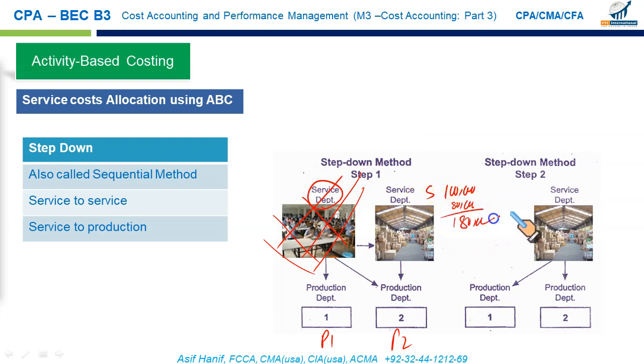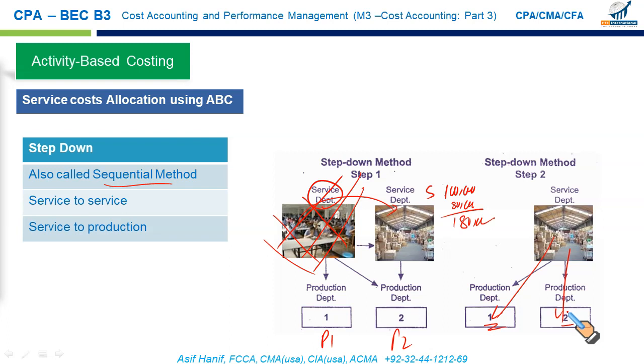Now $180,000, which is now in the stores department, will be allocated between production department 1 and 2, right? So that's why it's called the sequential method. Canteen's cost goes to stores, but stores' cost doesn't go back to canteen, right? And then stores' cost is transferred to production 1 and production 2. This is called the step-down method.